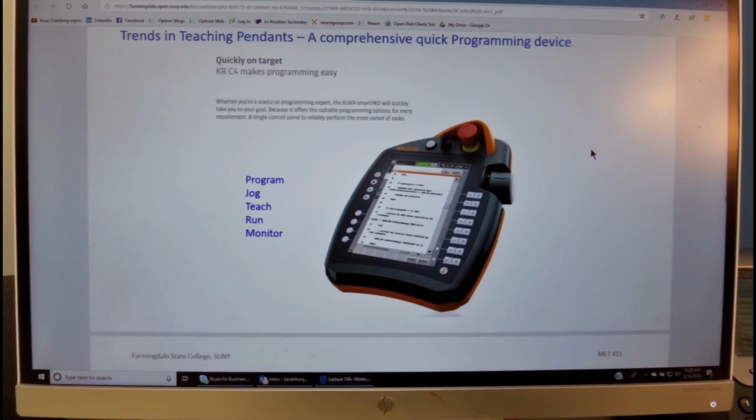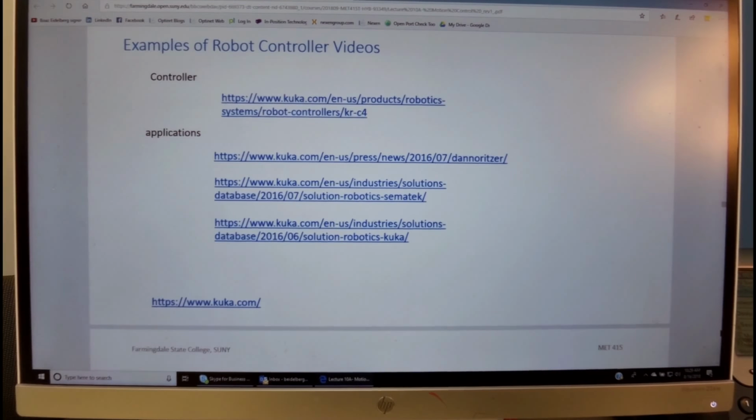The way an operator would program a system or teach a robot its motion typically is done through a teaching pendant. This is a typical configuration of a robotic teaching pendant with an HMI here, with an EMO here, and you can teach the robot. We can jog it and teach it point to point, as we will be practicing in the lab with the Scorbot.